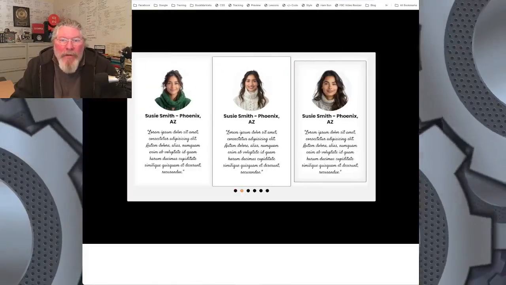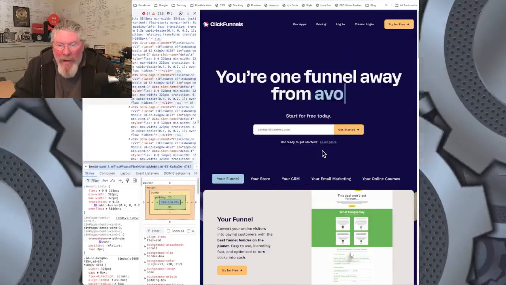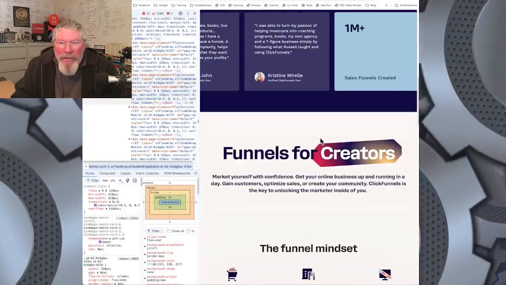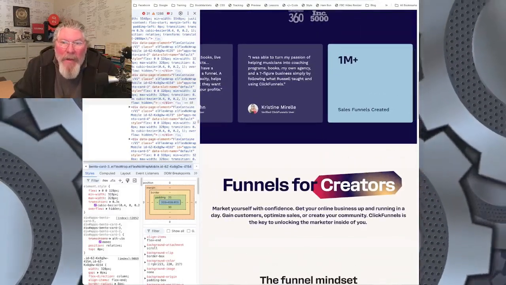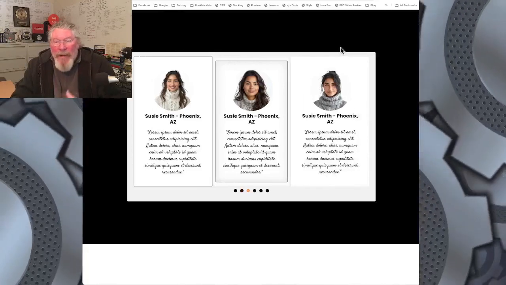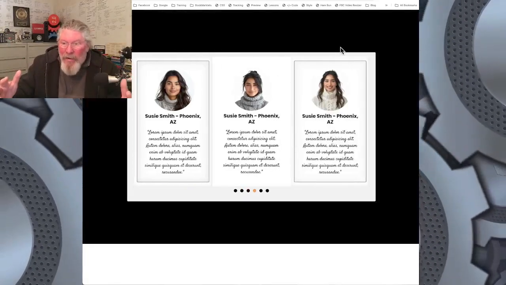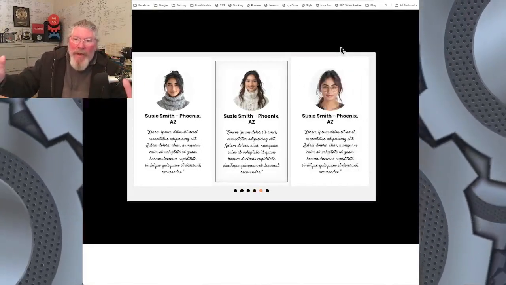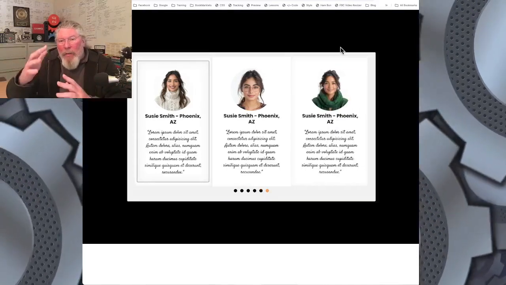This is very similar to what you saw over here on the ClickFunnels page, but it's used again. Okay, so here we've got a testimonial slider. This is something very similar to that. And again, these things can be built any way you want. This could be full width across the page. And again, what I'm showing here is